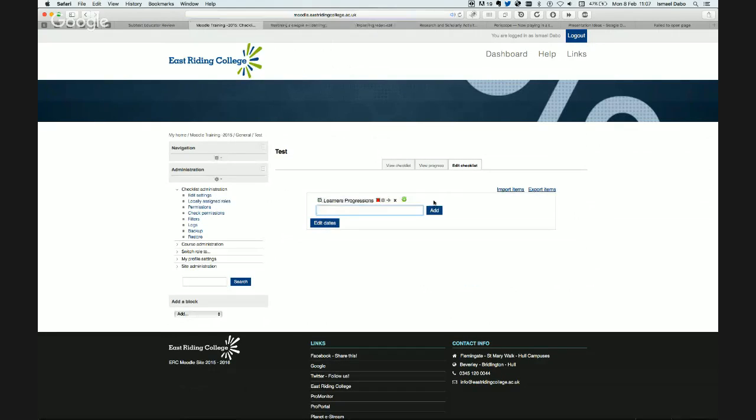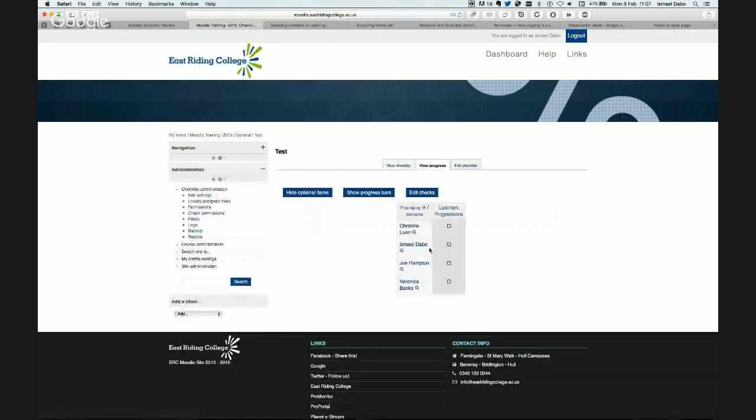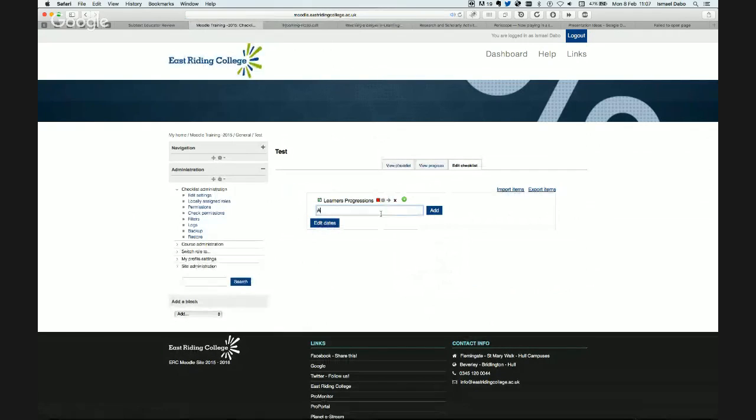Add. You can see here I've got learner progression, and I don't know if I've got any students here. Probably I don't. That's why I don't have anything. Yeah, so view progress. Oh no, I do have a few. So I can have learner progression here, or I can add another one saying attendance, for example. If you don't have an attendance or register, I click add,